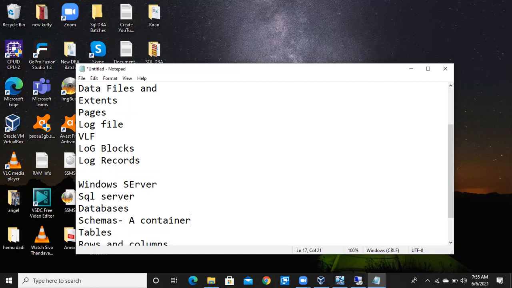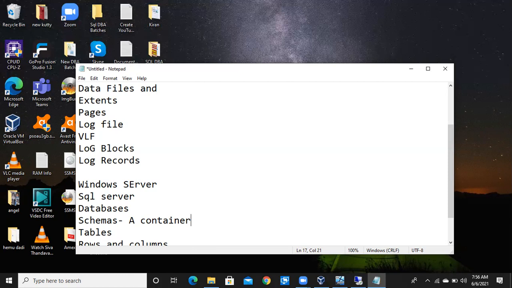Simply we have to execute the script, but make sure on which database. In case they don't provide the database name, ask them clearly on which database I have to execute. Sometimes they are going to provide you 5 scripts or 10 scripts. Ask them clearly in which order I have to execute these scripts. In case you got multiple scripts, you have to execute them in sequential order. Sometimes they will clearly mention 1, 2, 3, 4, 5, and you can simply execute as per the serial numbers. Sometimes they will tell you, this is the first script you have to execute, this is the next script.